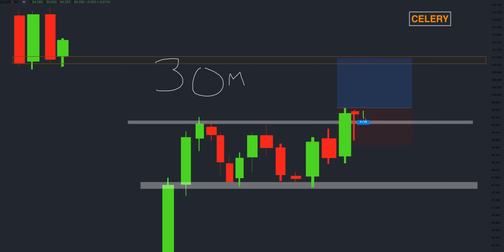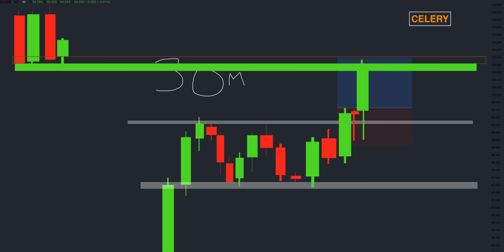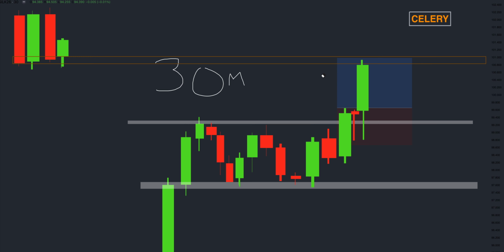creating its bottom wick, because we are bullish. It's just this candle on the 30. This is the 30 that I'm drawing, creating its bottom wick to continue moving upward to go retest the top of this range in which we're targeting. Very, very, very good trade to be taking as a seller, because what it's telling you is that on the